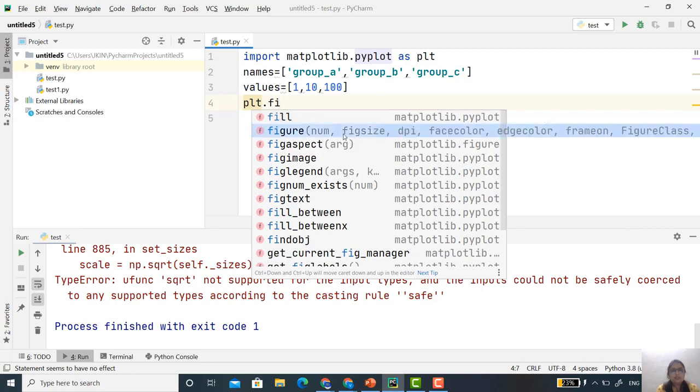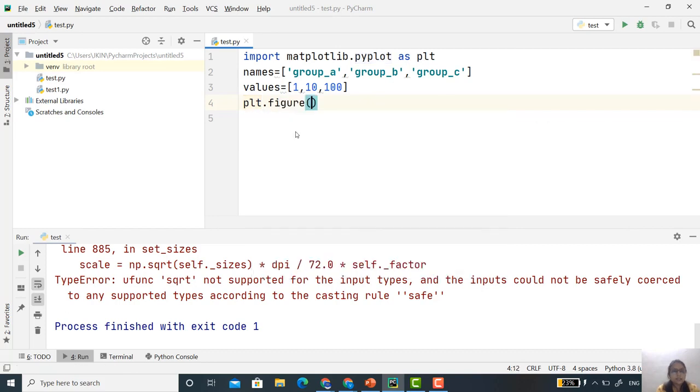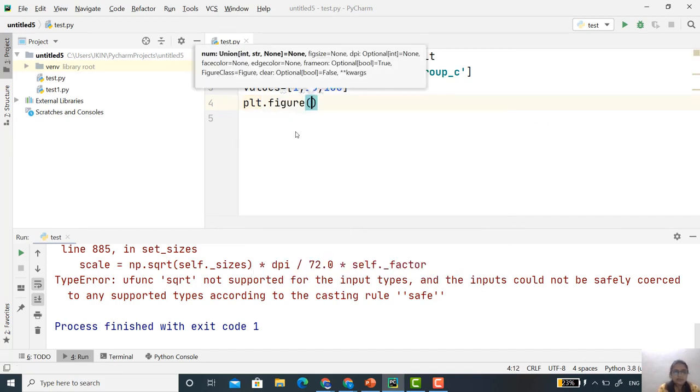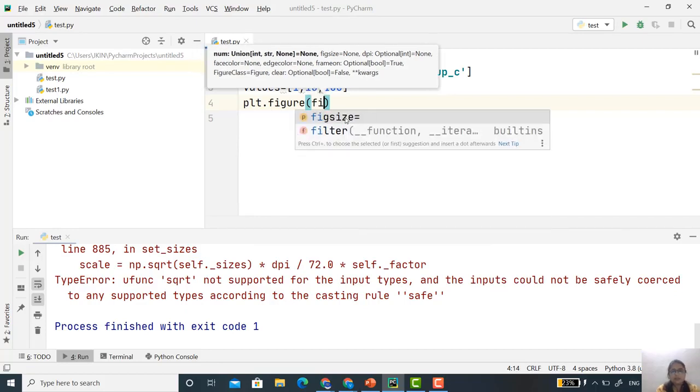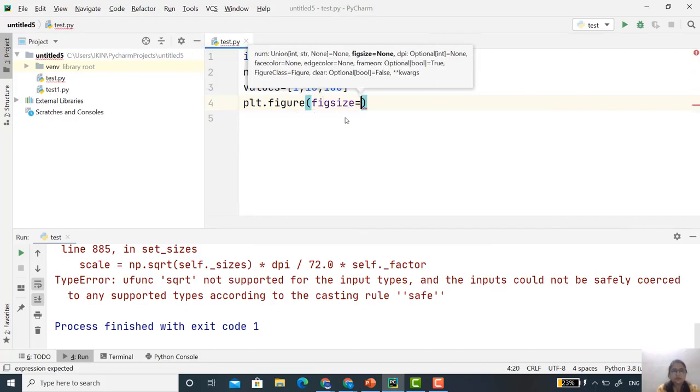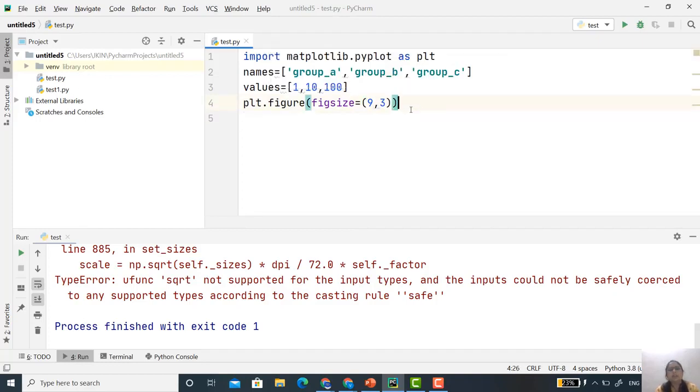I'll use this to specify the size of my figure. Inside the figure, I want to set my figure size: figsize equal to 9 comma 3. You can provide any size, that is width and height. That specifies the width and the height of your figure.